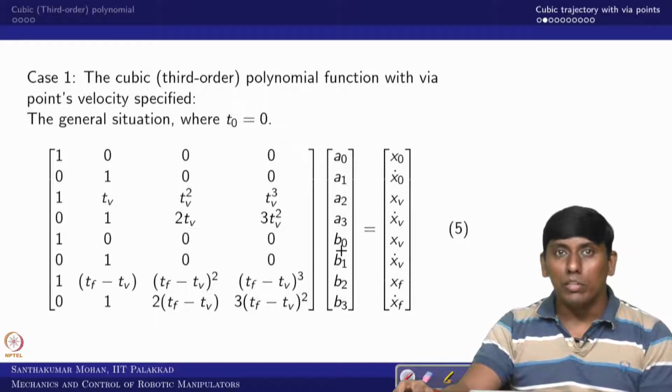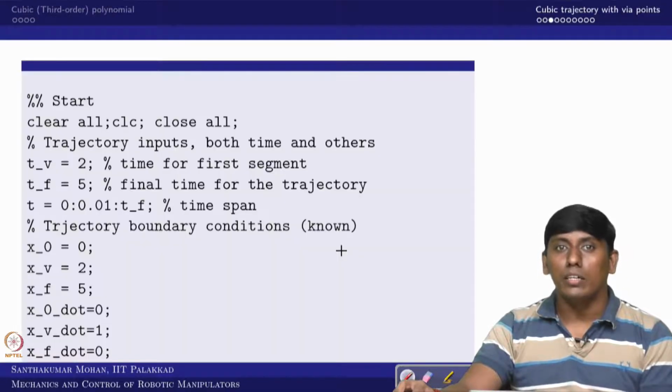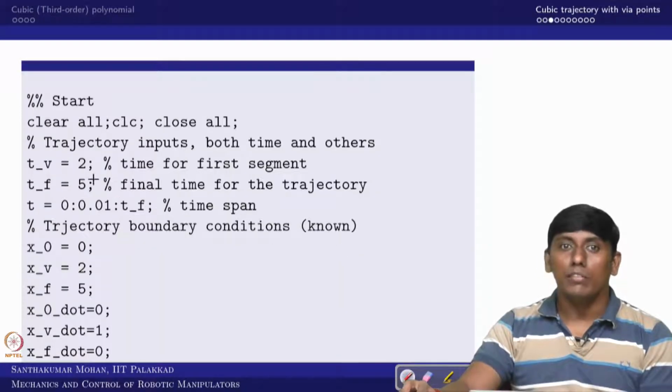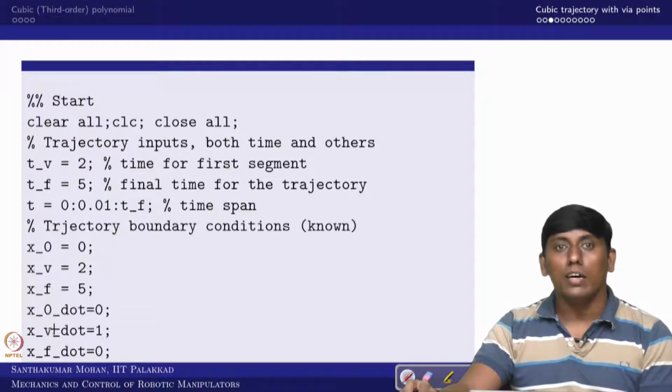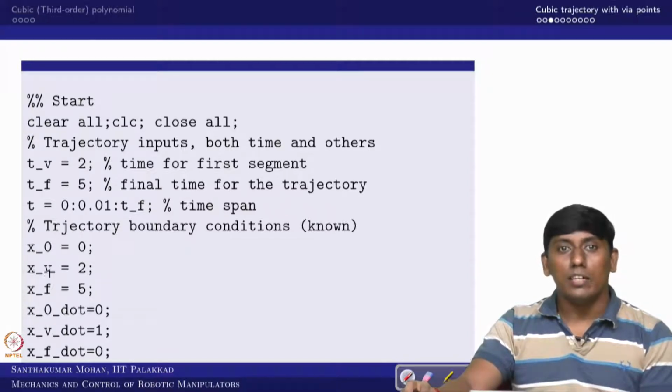Based on this, what one can look at is that the code we can rewrite. So now we are writing this via point. This we have brought in. The via point position and velocity we have added further than the other one. Now the via point time also we have given. So these are the changes which we made from the existing code.